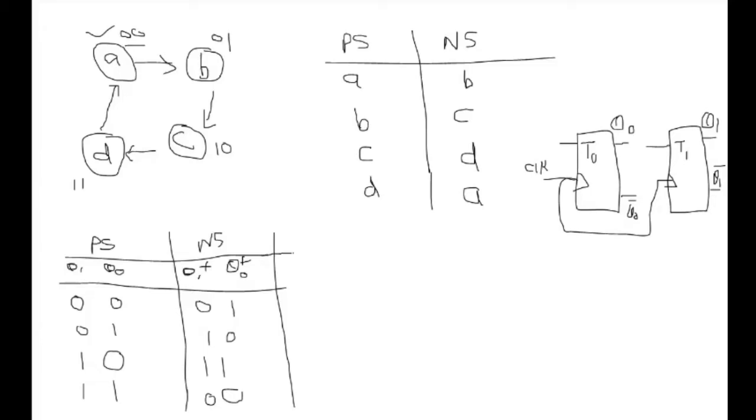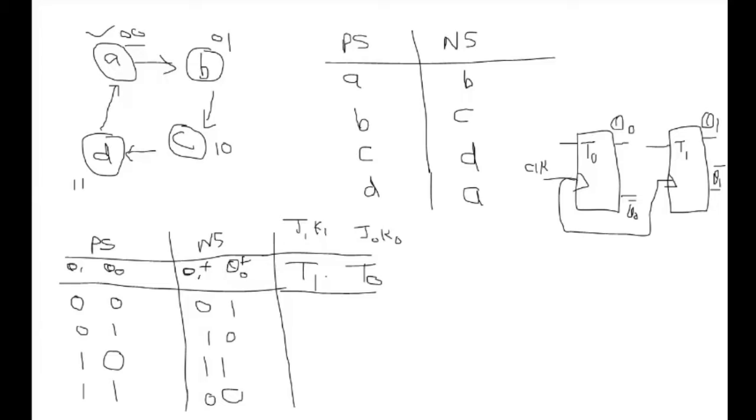of T flip-flop. For 2 flip-flops, I will have T1 and T0. That's what we need. If it is JK flip-flop, then you have to find the values of J1 K1 and J0 K0. Similarly, if it is SR, you will be finding the values of S1 R1, S0 R0. So let's discuss T0 and T1.